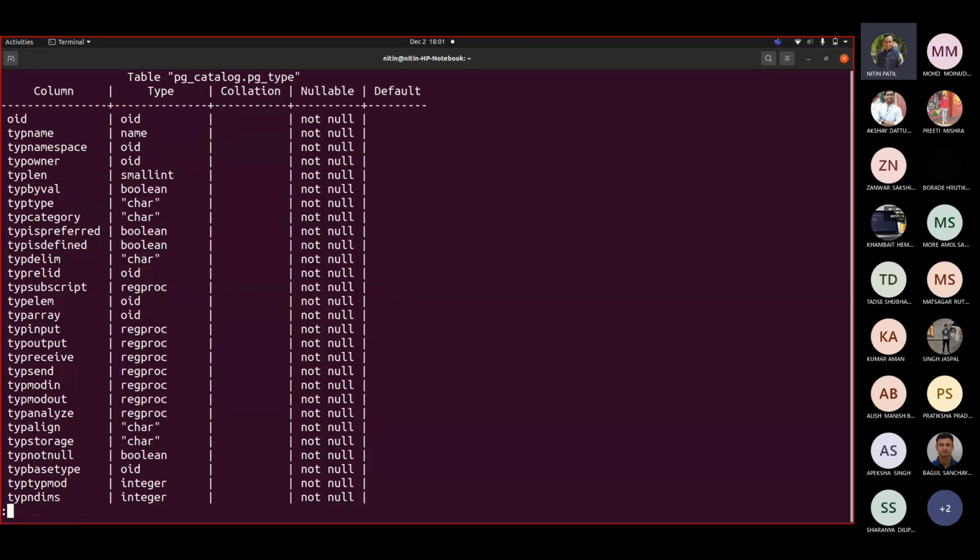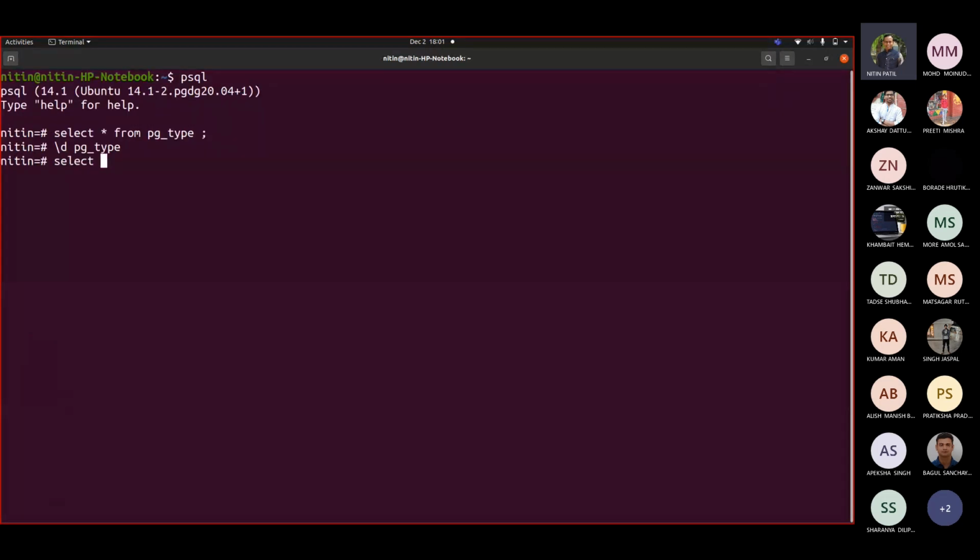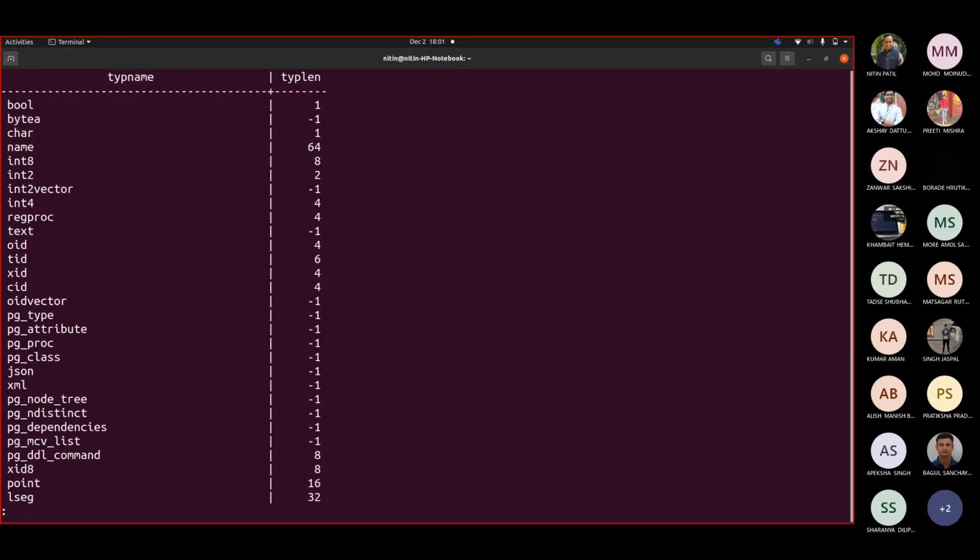Every table that you add would be added there, and even type length is also stored. So if I write select typname, typlen from pg_type, you can see that there is a limit associated with every type.